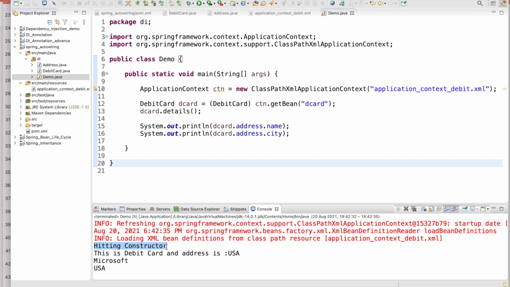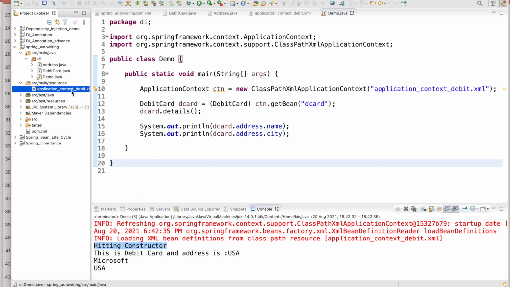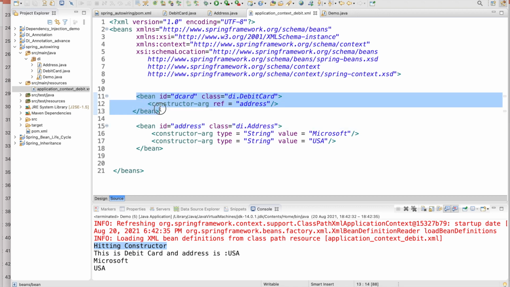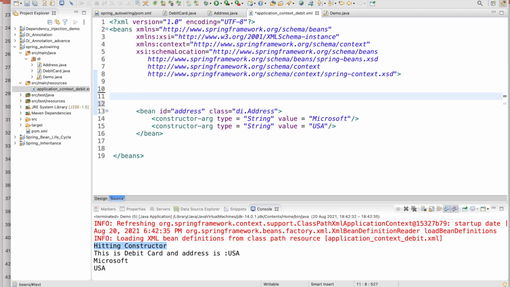It's working fine. But where is the auto wiring? For the auto wiring, no need to create in this way. It should be automatic, it should be wired, right? So we will go, then I don't need this one. You remove this. I don't want it.